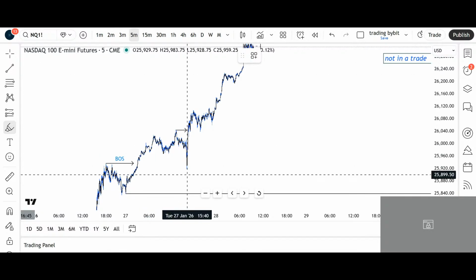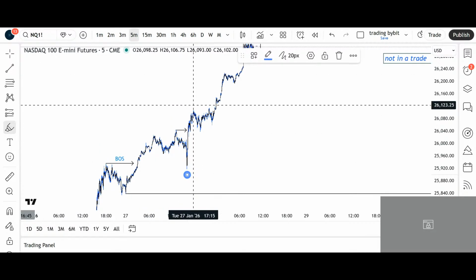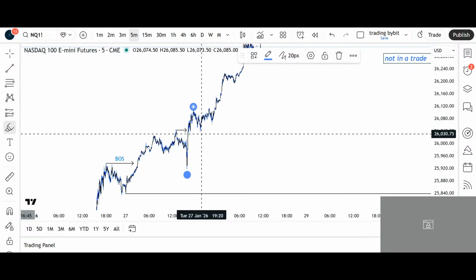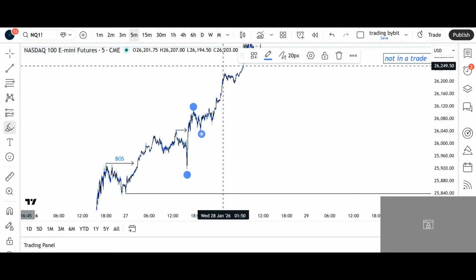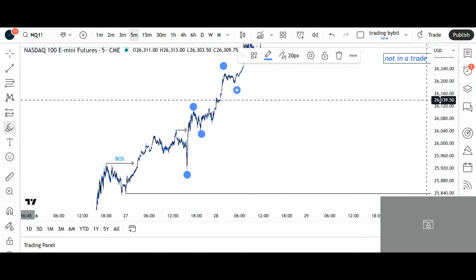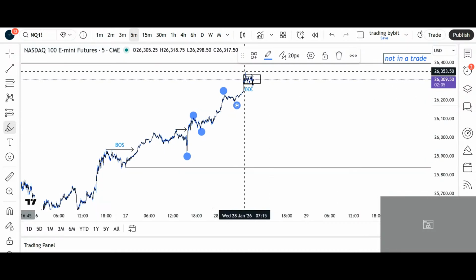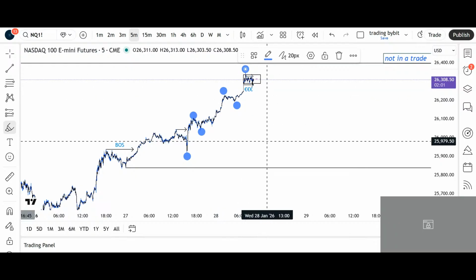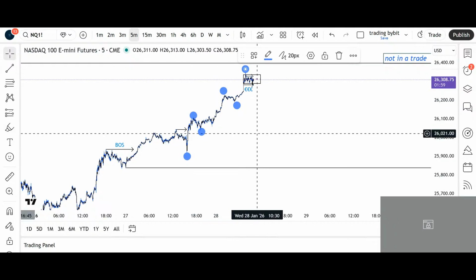So this is a low. This counts as a high normally because we made a new high. So we went a bit down, so this counts as a low. This counts as a new high. Counts as a low. Counts as a new high. We did not make a low yet. So try to make sure that you see where the highs and the lows are.